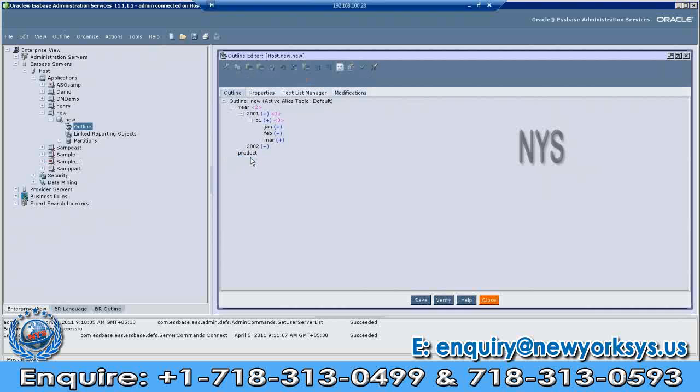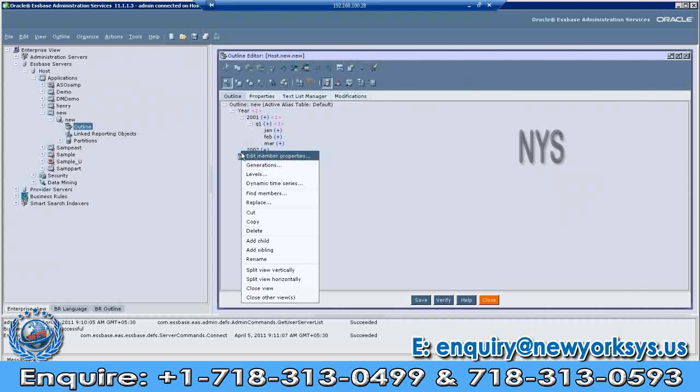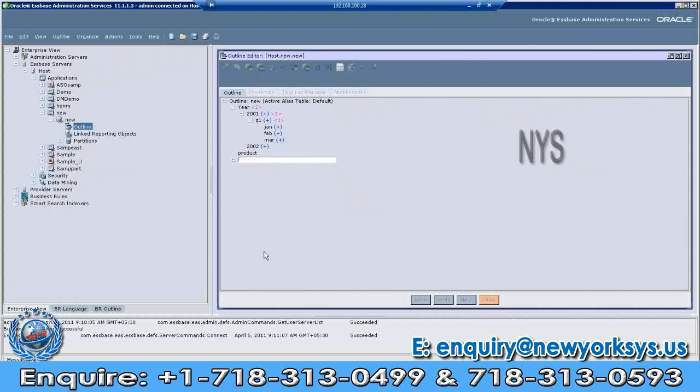Right click on product, add sibling, type. Enter. Now right click on type.